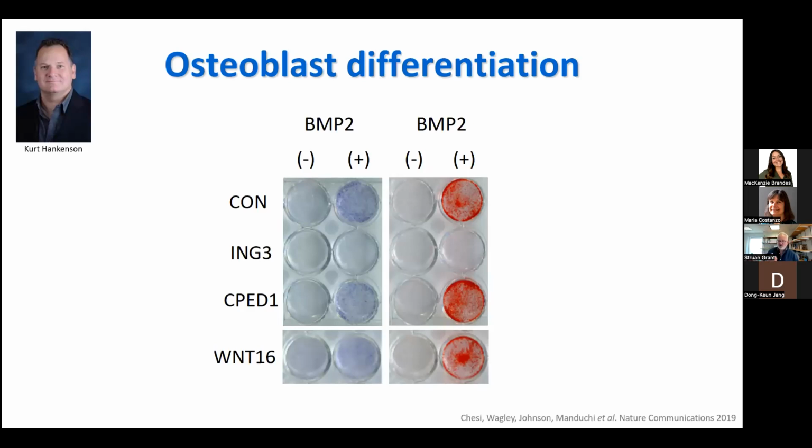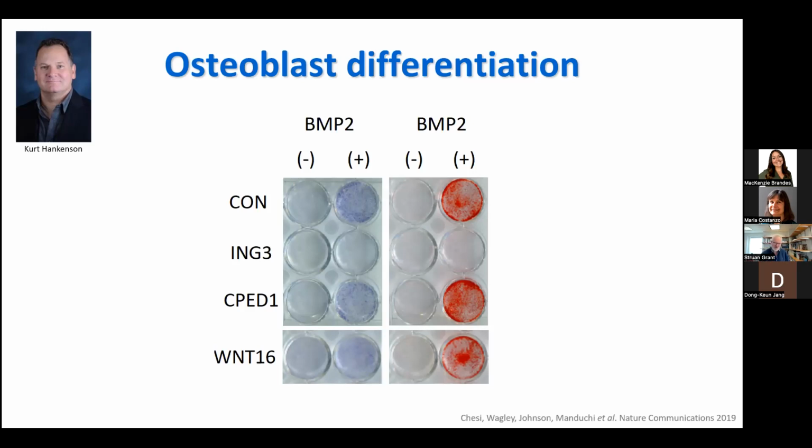Now, we're not saying it's not CPED1 and Wnt16, and we know these effects can be pretty temporal. Depending on the state of the cell, these effects can come and go. But certainly in the conditions that we were working in, the state of the cell on that day, the way the sun was shining on those cells, we're ruling in ING3 as being one of the effector genes of this locus. Another complication that Cheryl, who I know is on the call, has pointed out to me is that CPED1 is highly alternatively spliced. It could be that we didn't address every single splice isoform, and that's why we missed it there. But the idea is that possibly the reason this is one of the top loci for bone is because there's maybe quite a lot going on.